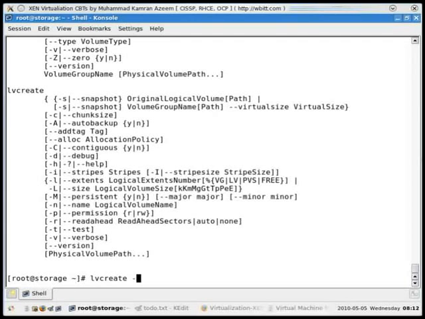So lvcreate -v for verbosity, and the interesting thing is that you are going to use this -n to name your logical volume. You're going to give it a name, let's say, I'm going to install CentOS, so I will name it something like CentOS 64-bit disk, and I can also